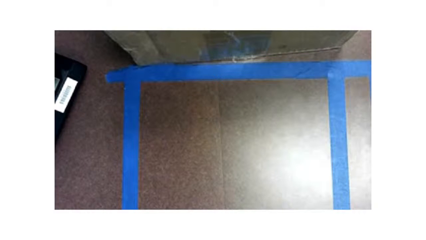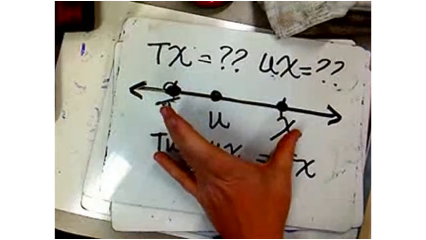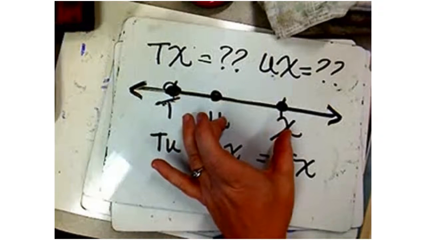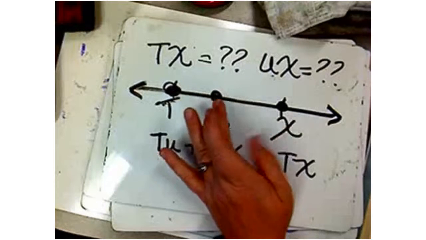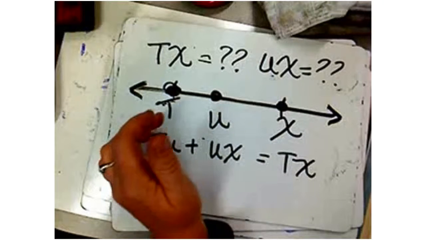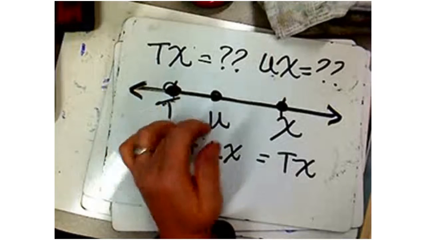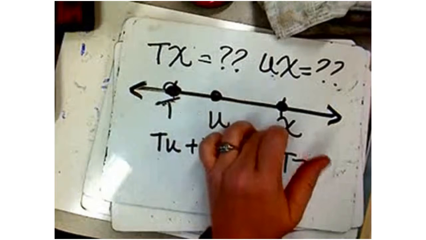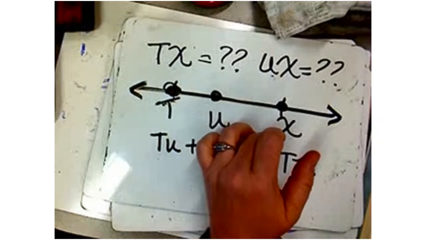The point of betweenness. So first you find T and X, then find U and X. What's your betweenness point? U. So we're going to have to say from T to U plus U to X is going to equal